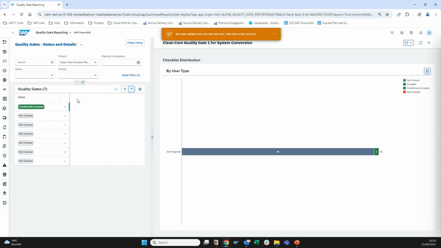So this is the very first version that we have delivered, but going forward, we will also enhance this report to provide more insights on who is responsible, what team is responsible for delivering which key deliverable, and so on. With this, I have reached the end of my part of the demo,